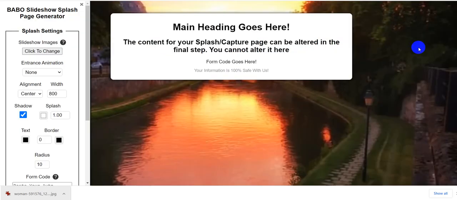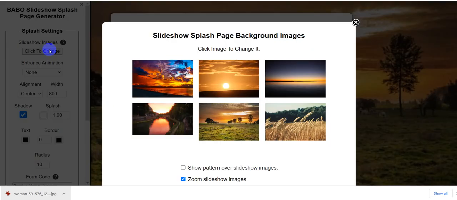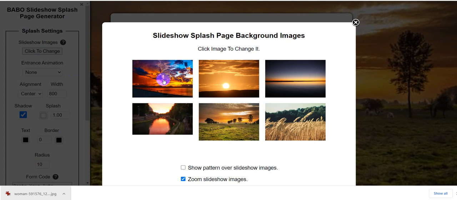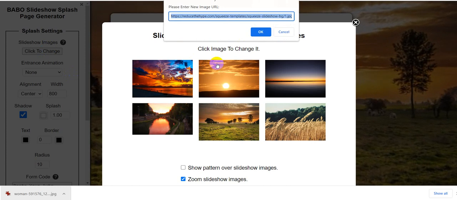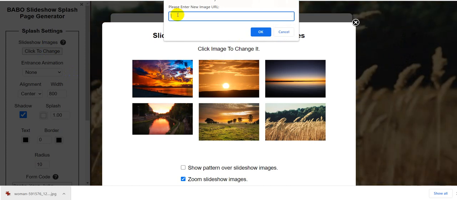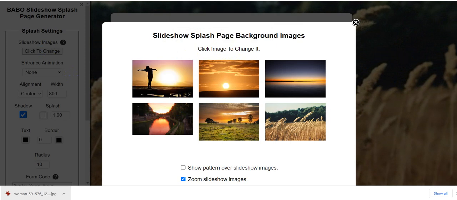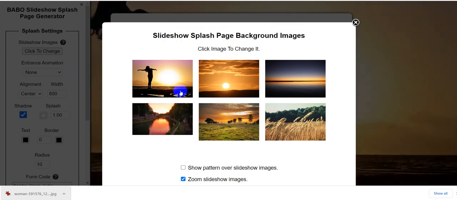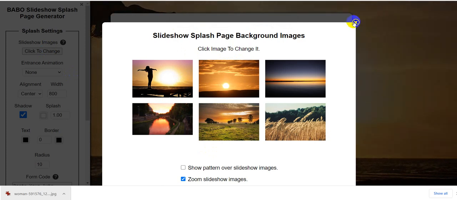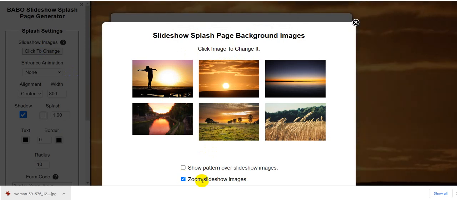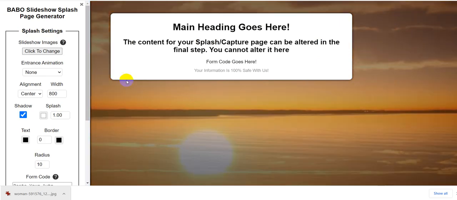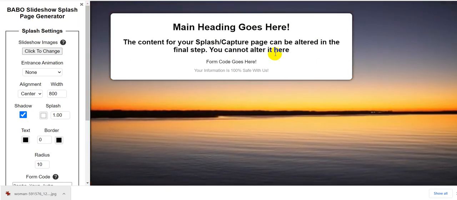And we can close that down, and we can come over here, and I'm just going to alter one. I'm just going to left click on there. I'm going to delete the contents that's in there and paste that in. So, and then click OK. So there it is. So what I'm going to do with this, I'm going to leave it on Zoom slideshow. Okay, and I'm going to move this placeholder, as I call it,